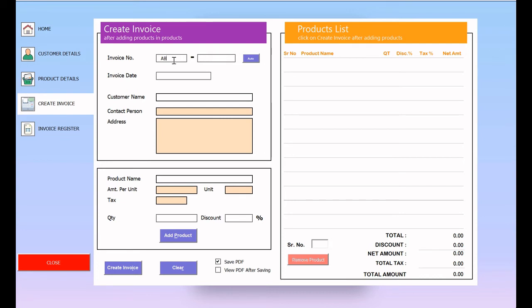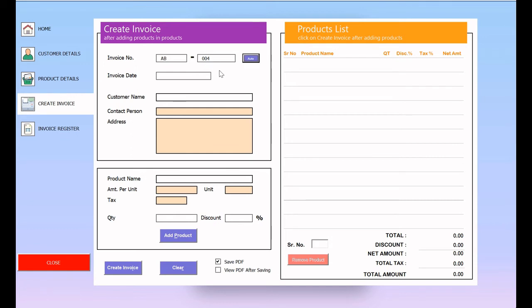This is the first column. You can see this is a prefix which we want to save for our invoice number, like AB slash financial year 1920 or like that. So AB, and here we will type some invoice number, let's say 001. 001 has already been entered. So if this is a duplicate, it will show you the error, duplicate invoice number. We don't know what the next number is, so we'll just click on auto. It will automatically generate the latest number.